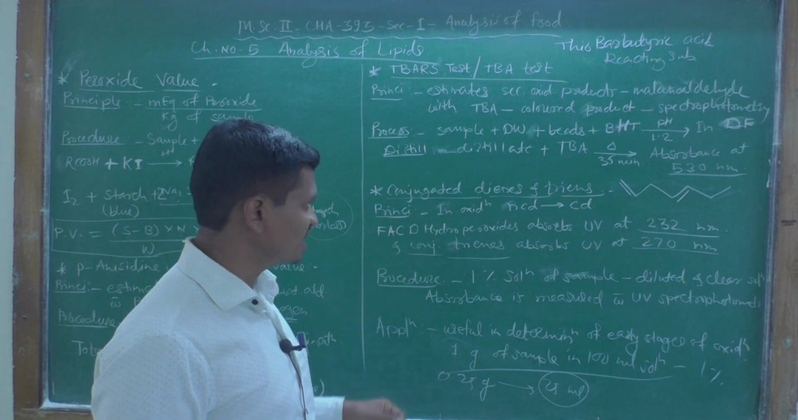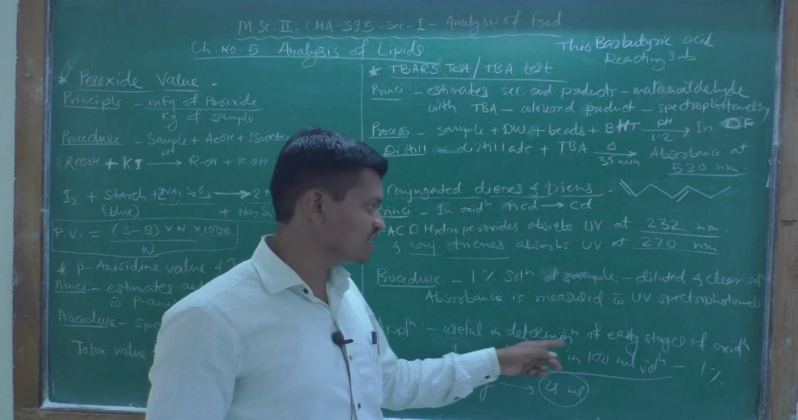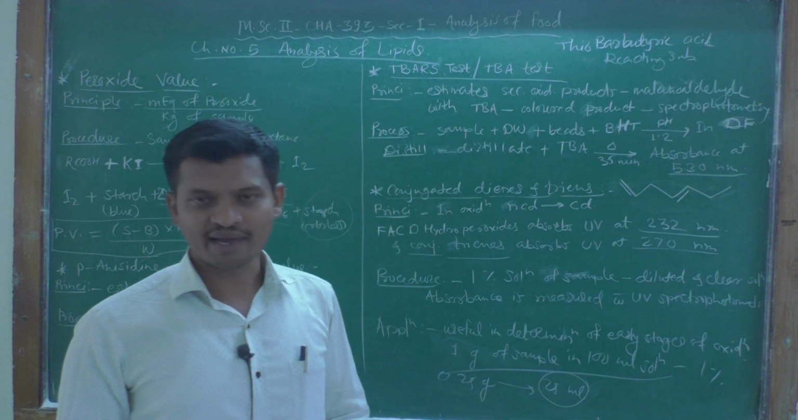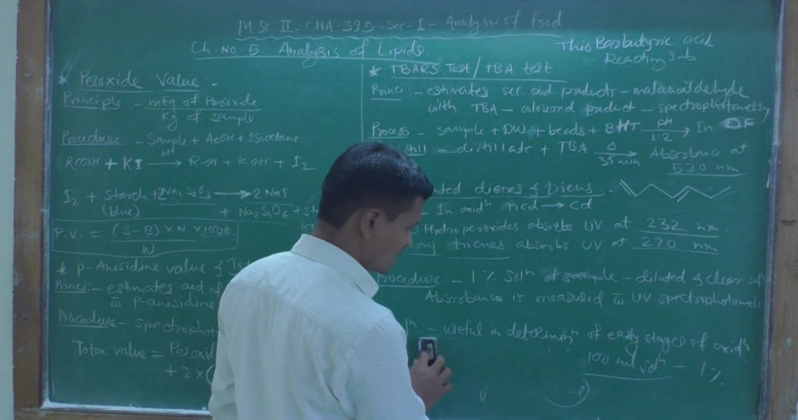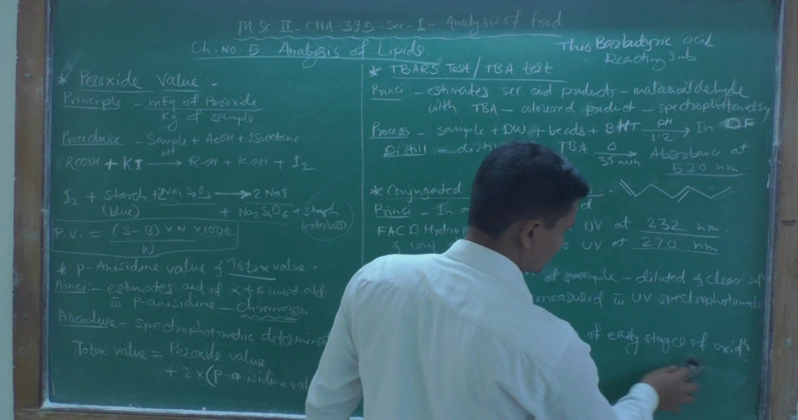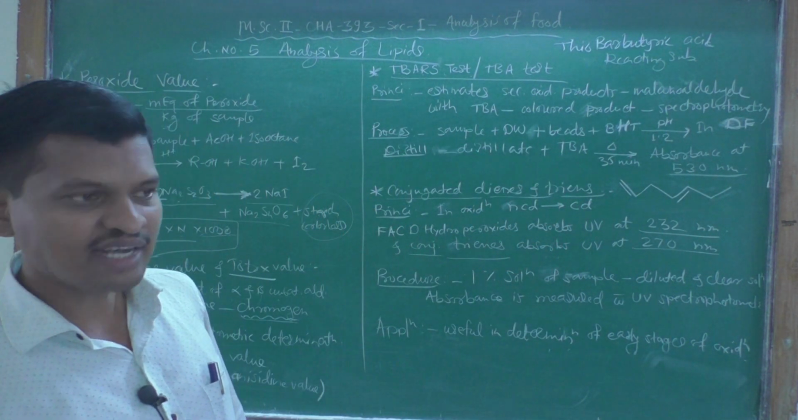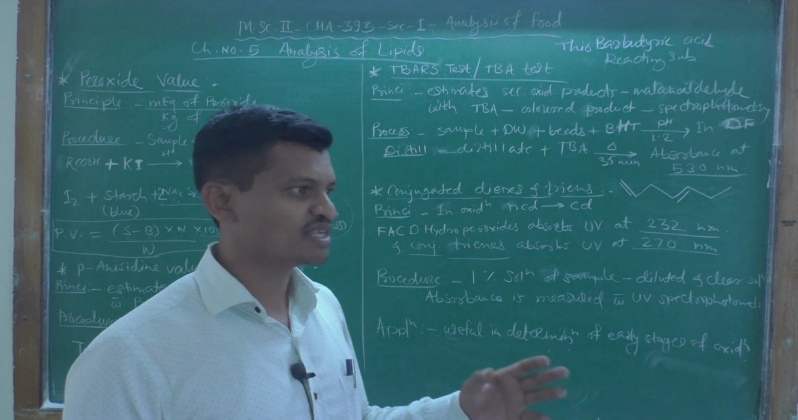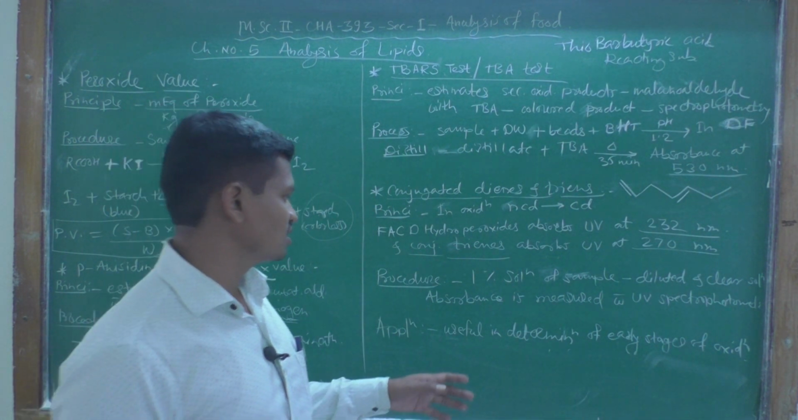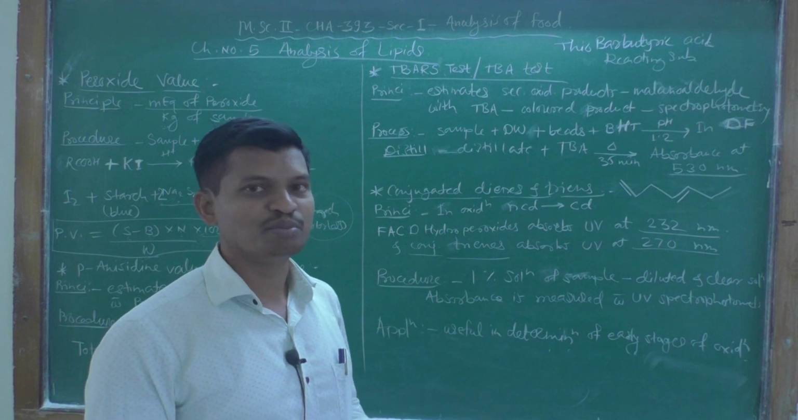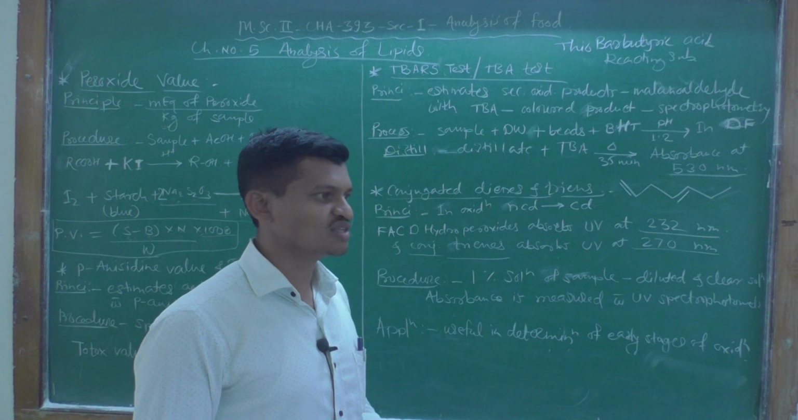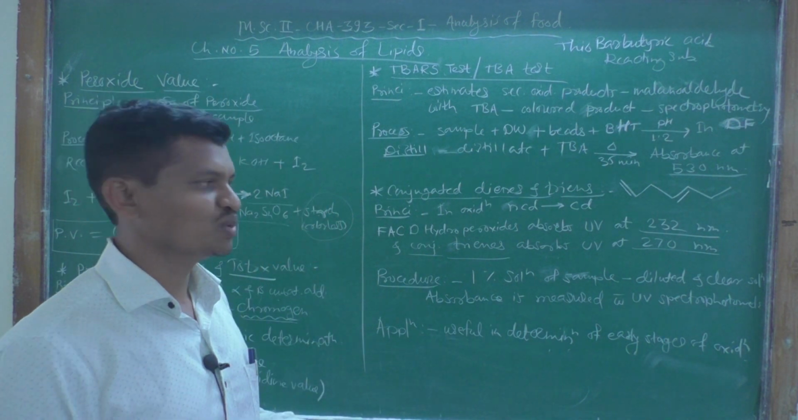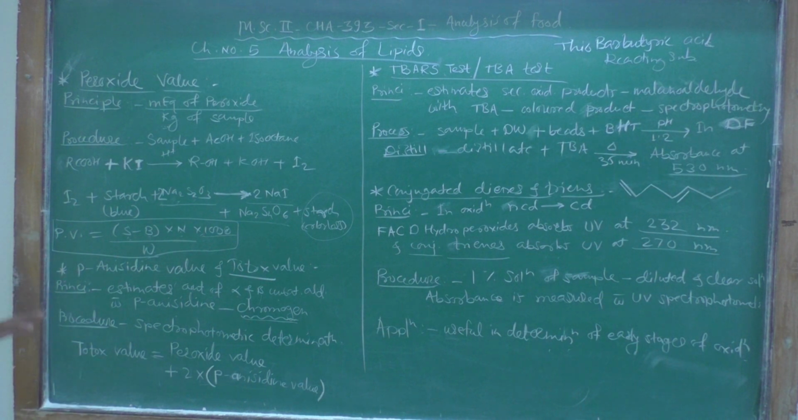The application of conjugated dienes and trienes is that they are useful in determining the early stages of oxidation. When oxidation of the lipid sample has just started, at that early stage, conjugated dienes and trienes may be formed, and hence they are useful in these early stages of oxidation of lipid samples. So today we have seen these analysis types: peroxide value, p-anisidine value and Totox value,